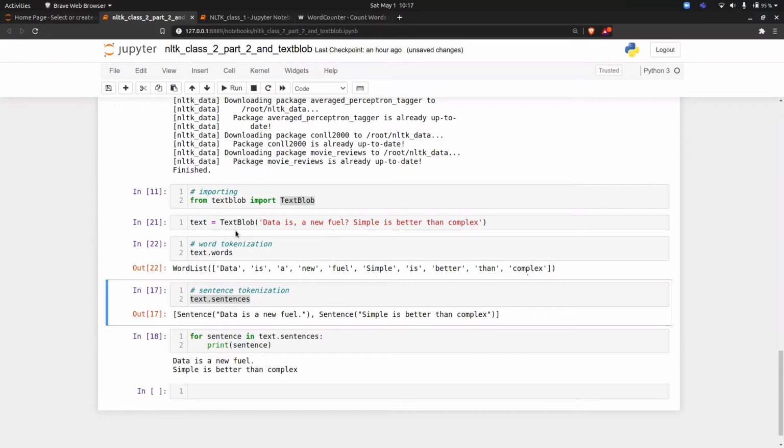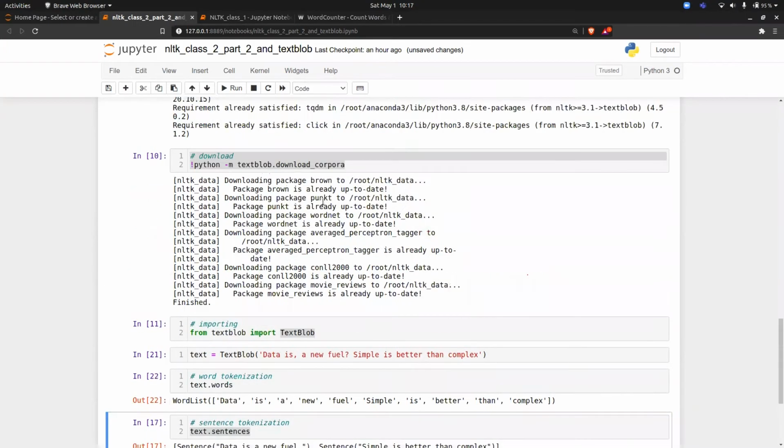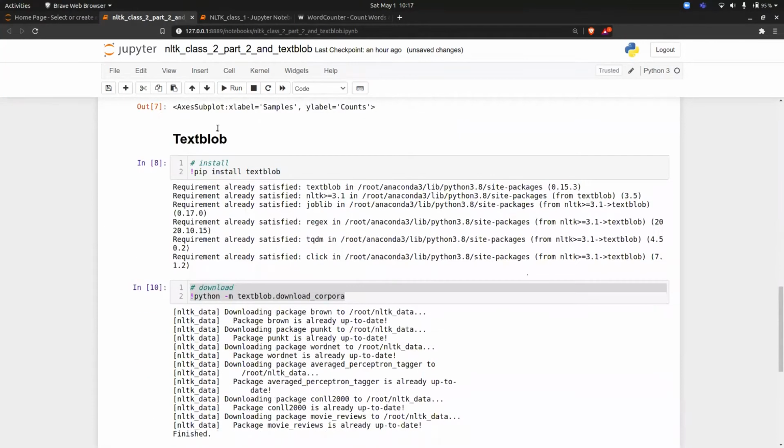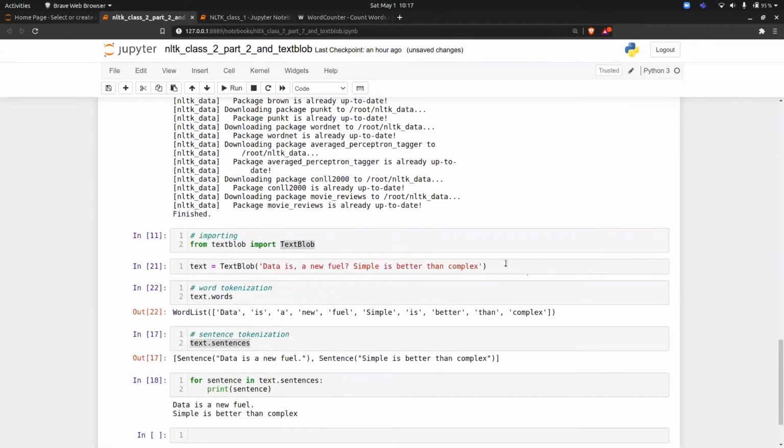In NLTK we have to handle this ourselves, but this is a common thing, right? Suppose I have given a sentence. What is the meaning of word tokenization? It will try to tokenize into words. But in NLTK, they even tokenize the punctuation, which is not the correct way. TextBlob has tried to rectify that here. Is it clear now?